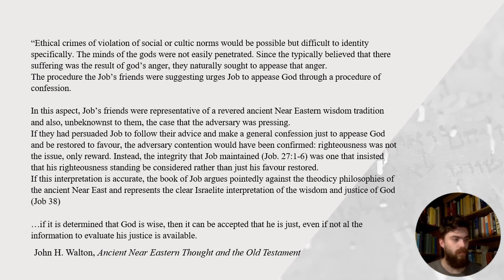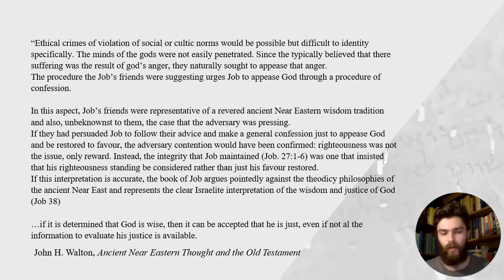The purpose of the book of Job is to counteract the typical ancient Near Eastern view of justice and the gods, and say, no, God doesn't work this way. God works in a different way, and that's sort of the logic of the book. Walton concludes that if it's determined that God is wise, which indeed is what God does when God appears to Job, all he does is defend his wisdom in creating the world. He doesn't give an account to Job. He doesn't explain the whole background to what was happening. He doesn't need to because he's God. He simply defends his wisdom and his creative authority. And that is enough for Job to recognize the mystery of the whole thing.